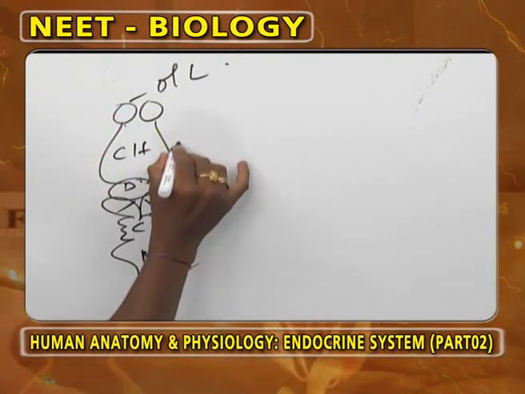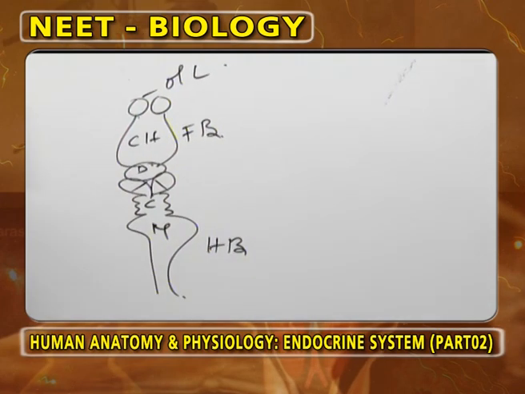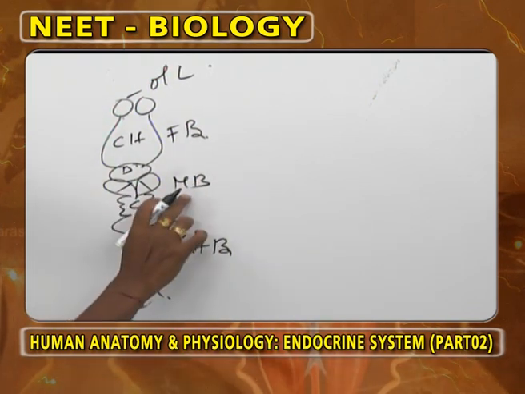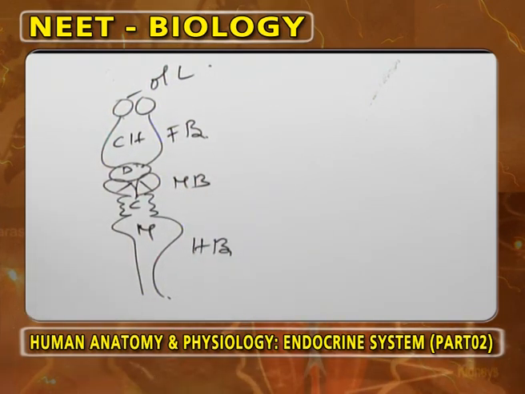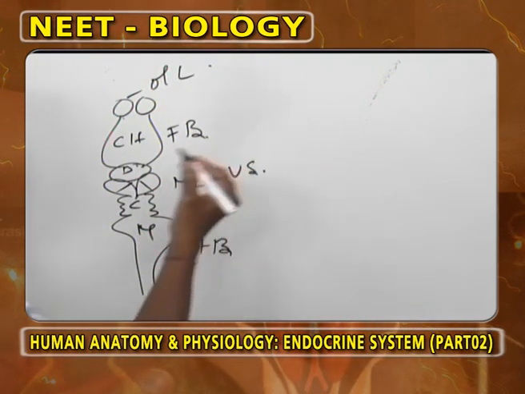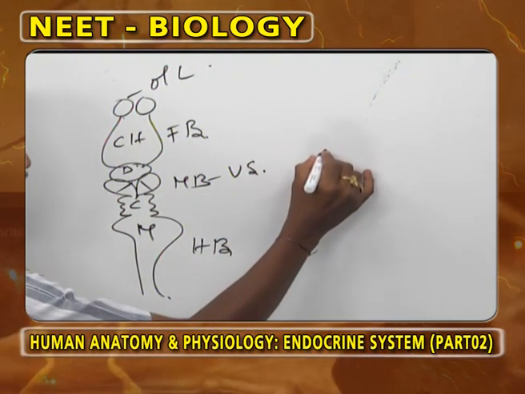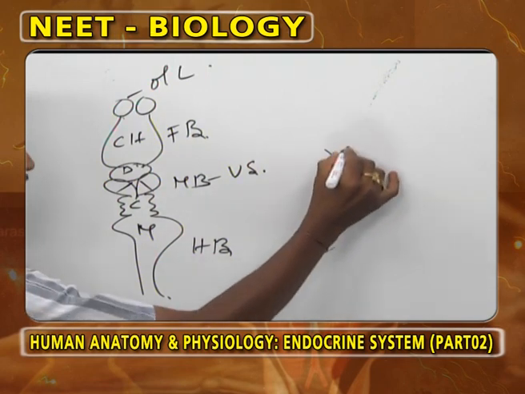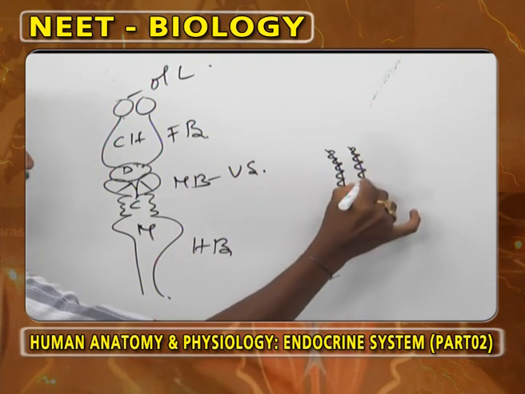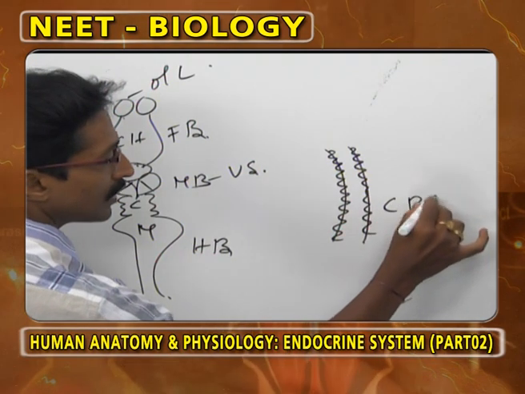Now this part we call the forebrain, this part the hindbrain, and this part the midbrain. In the midbrain, you have to observe the diagram. On the ventral side of midbrain, VS means ventral side, two longitudinal nerve tracts are present, called crura